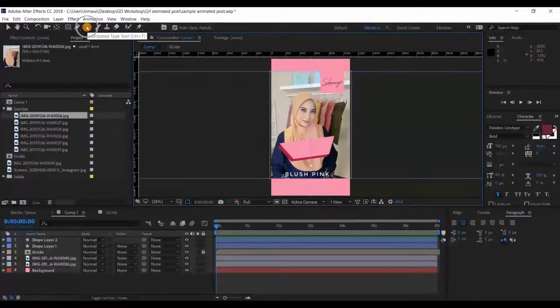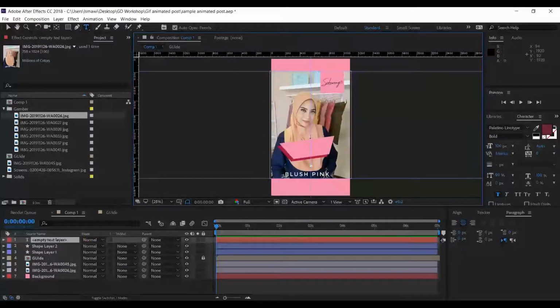Okay, and we can click anywhere to create our text layer. So first we're going to type collection. This is a Raya collection. For the collection, I'm going to use a capital letter. Okay, I'm going to select all,